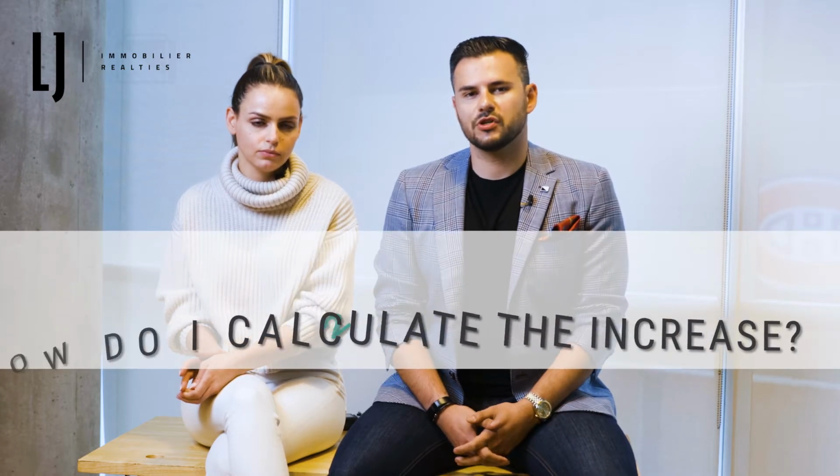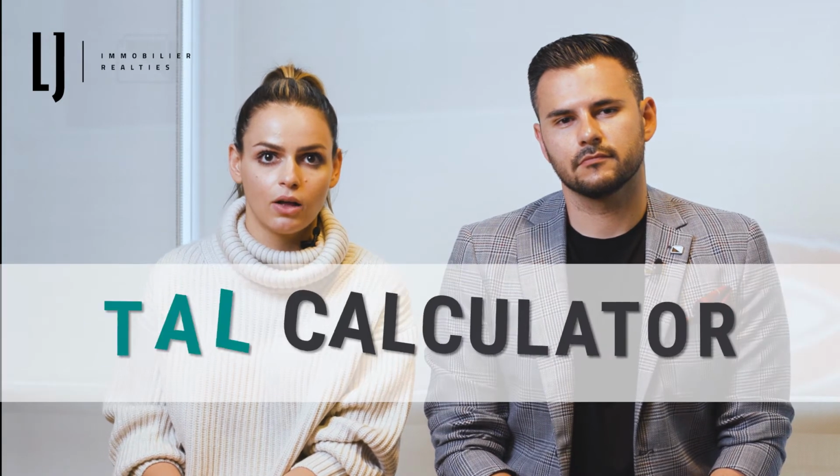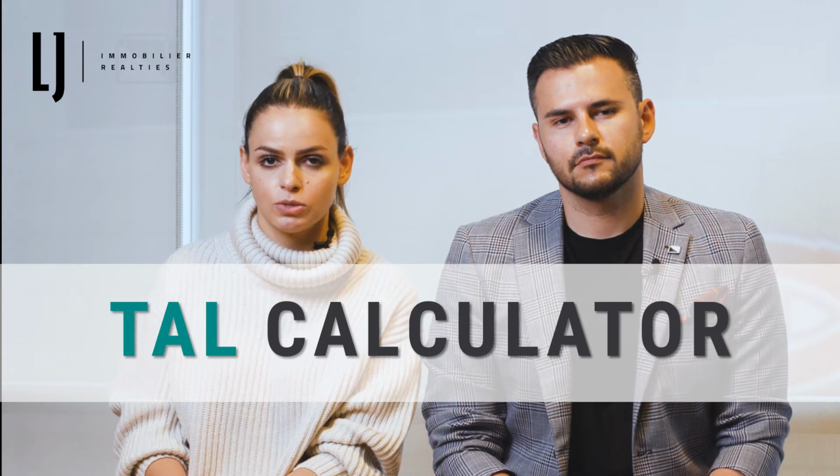That makes a lot of sense. My next question would be, how do I calculate how much I can raise the rental? So rental increases are based on the increase in operating expenses, and these operating expenses for the property are typically insurance, municipal and school taxes, condo fees if it happens to be a condo, property management, and if you so happen to do any major renovations, those capital improvements will also be considered in some part to the increase in rent. And you can do these calculations on the TAL website, so the Tribunal Administratif du Logement, and that will give you the accurate number. You just plug and play your data and it'll feed out what you should increase the